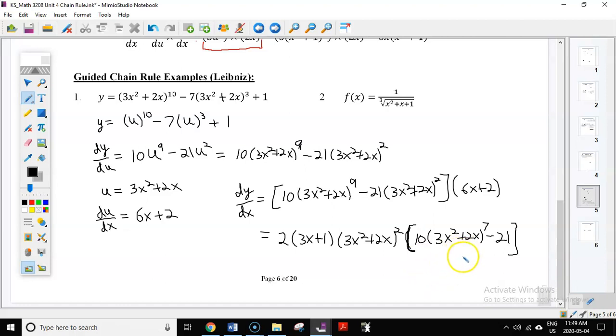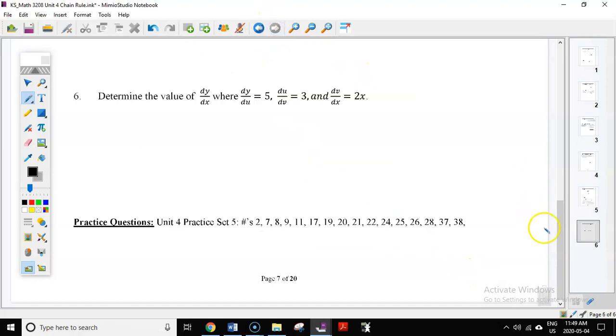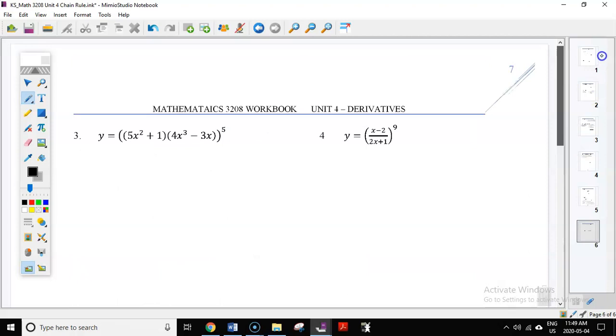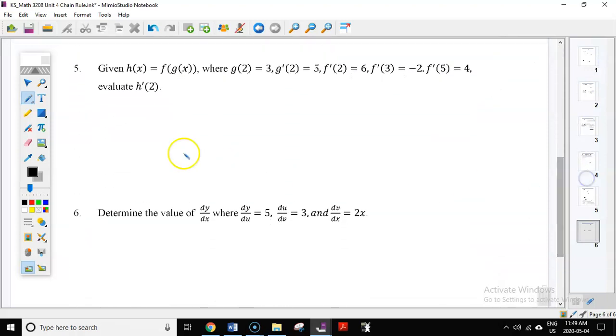I want to look at a couple of different questions that could show up on multiple choice. So we flip over to the next page and you look at 5 and 6. These are your typical multiple choice questions because they don't require a lot of calculation. The numbers are provided, you just got to understand the concept. This one wants us to find h prime of 2, where h of x is f of g of x. So we want to find h prime of 2, which means we're finding the derivative of the whole thing when x is 2,